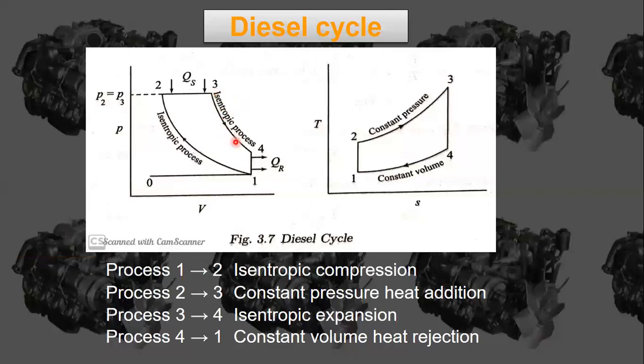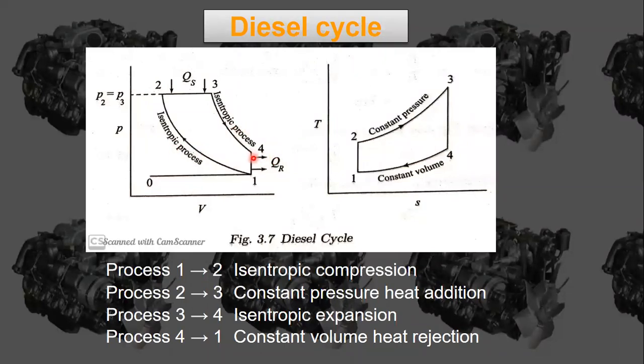Okay, that is the process 3 to 4. During this process there will be an increase in volume. Let's see here, the volume is going to increase from V3 to V4. Okay, why is there an increase in volume? Because the piston is going to move from top dead center to bottom dead center, and there will be a reduction in pressure. The reduction here in pressure is from P3 to P4. Okay, and that is about the process 3 to 4.